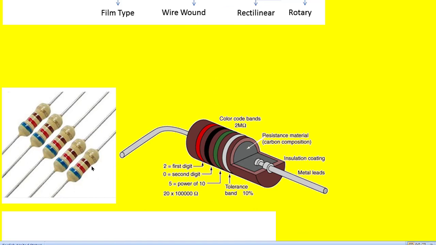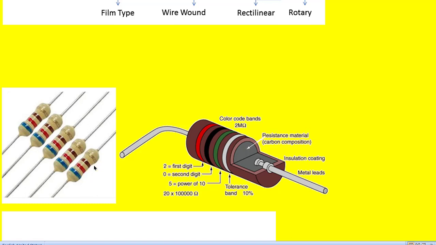So let us see how some of the resistors look. This is the carbon resistor. If you look at this, its wattage capacity is very low. It is normally 1/4 watt, and it is not possible to write its resistance value on this type of resistor. So to identify its resistance, we follow what is called the color code. Here there are two types of carbon resistors: one type is called the 4-band resistor, the other is called the 5-band resistor.